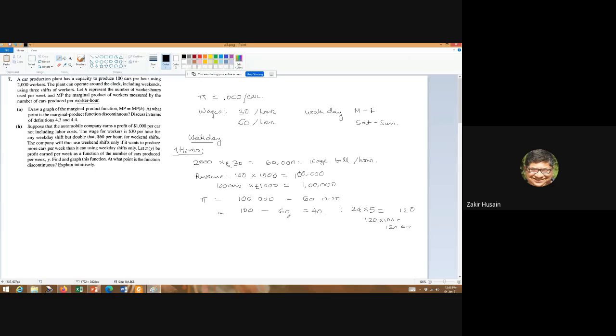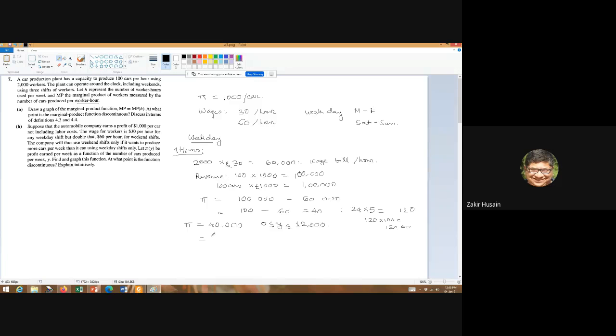So your profit will be 40,000 if your output is till this amount. So depending upon the number of hours you are putting, you will get a profit of this if you work